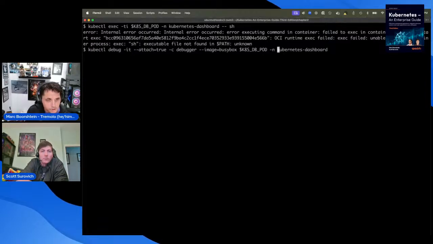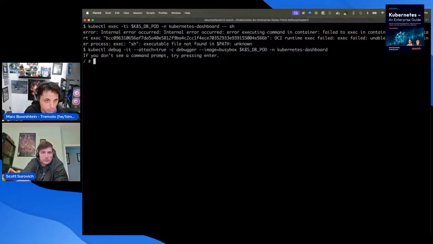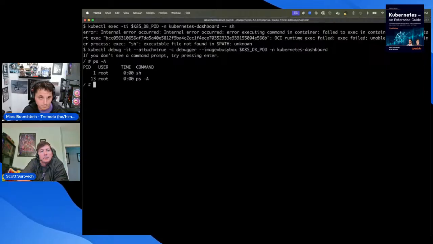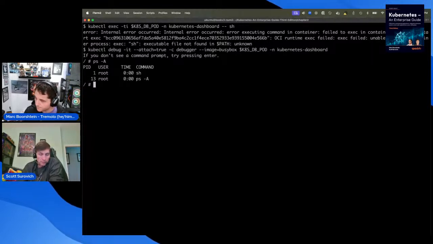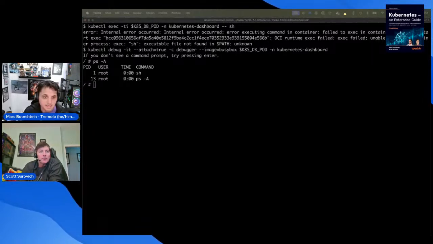We're going to launch a debug container that allows us to attach ourselves. So now this is a separate process, so we don't see the actual process. However, we now have access to our tools. Oops, wrong one.